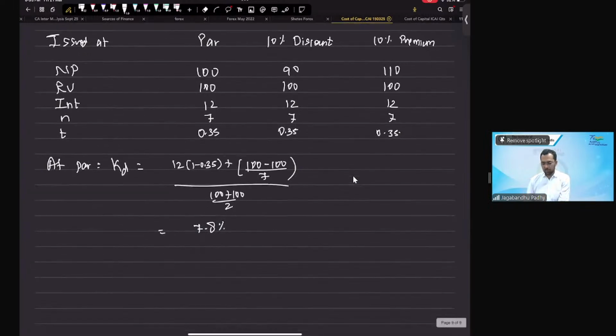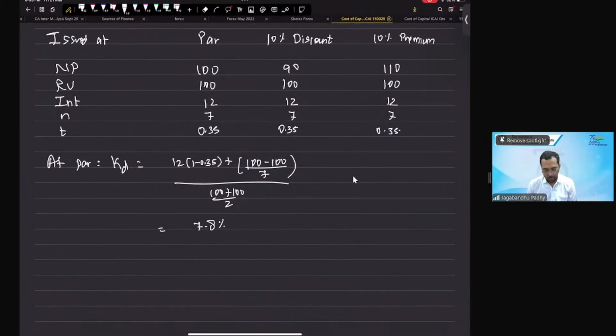Did we get the answer? 7.8%. Yeah, 7.8%. Did we get this answer, guys? Cost of debt is 7.8% for the first case. That is when you are issuing at par. Same way,